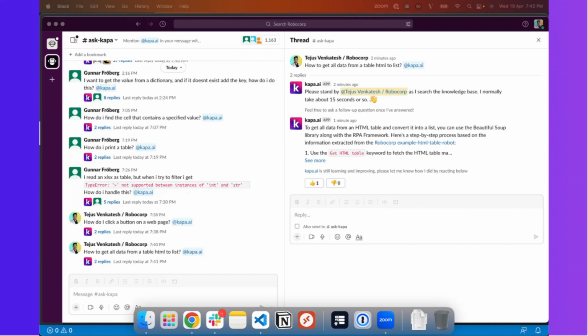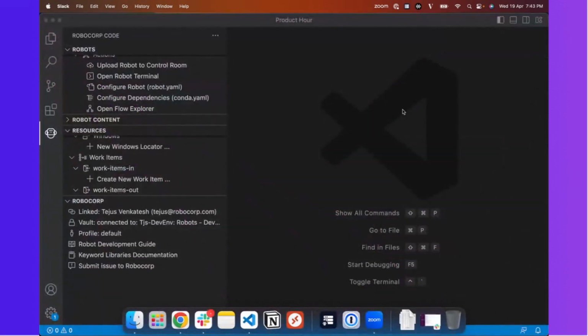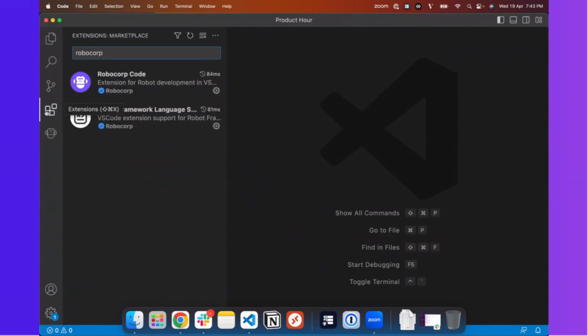So that's Kappa, and let's get back to the actual topic of the day, which is the VS Code extensions. As you are aware of our VS Code extensions, there are two extensions that you would use to build Robocorp automations.